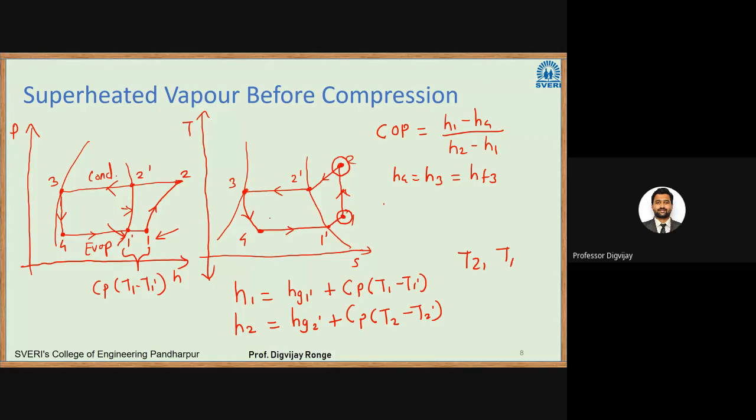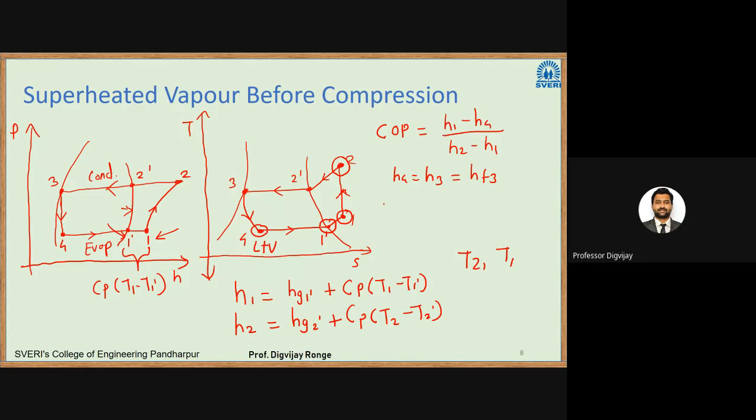So what we are doing in this case actually, at the starting of evaporator, what we have here is liquid plus vapor. This liquid plus vapor refrigerant passes through evaporator coils, it gets the latent heat from the space. Because of this, it is first converted into